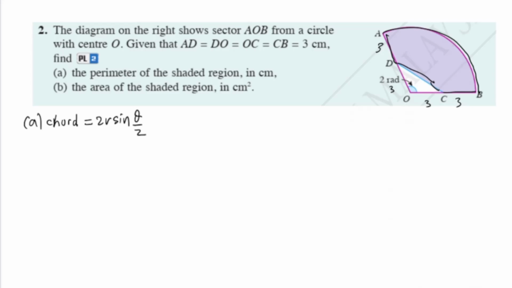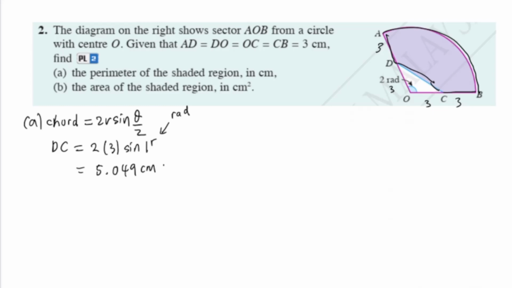You don't have to split the triangle into 2 and then use sine to calculate the length of the chord. If we use this formula, the length of DC is just 2 multiplied by the radius, which is 3, times sine of theta over 2. Theta is 2 radian, half of it is 1 radian. Notice I put a superscript r to indicate that it's in radian. When you use your calculator, remember to use radian mode. Key it in and you should get 5.049